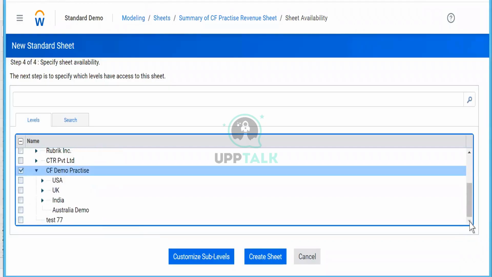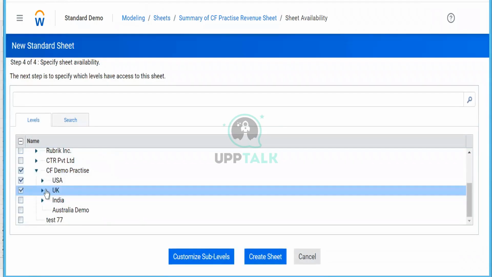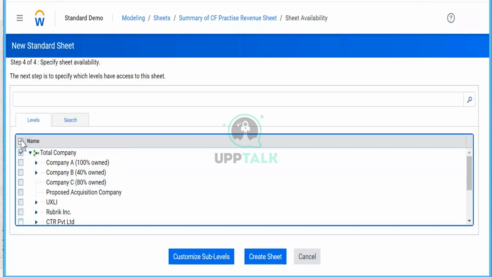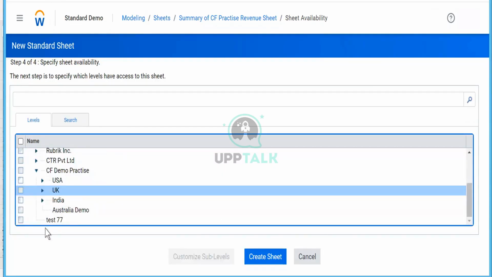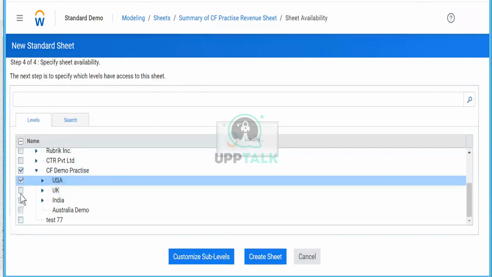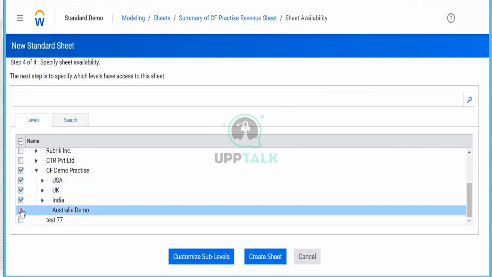Inside CF, you should select all the levels basically. You need to select even the parent, because you are selecting a subgroup. If you want to select the entire thing, you just click on this and all the levels get selected. But the problem is when you do it for one level at a time, that is one group at a time, you have to do this exercise. It's just a one-time exercise. You don't need to do it every time. Let's say in USA also, I want to have this.